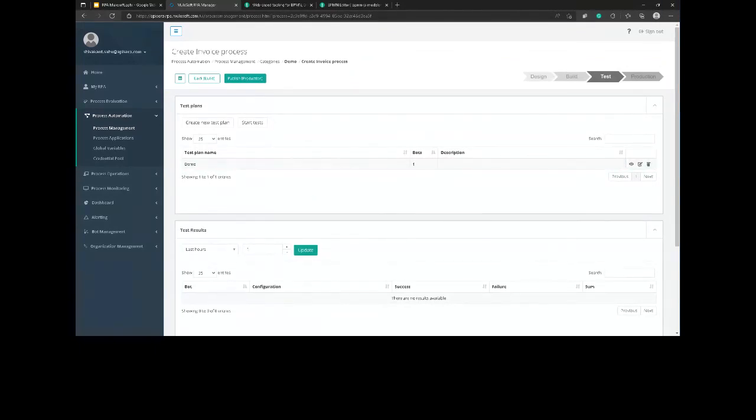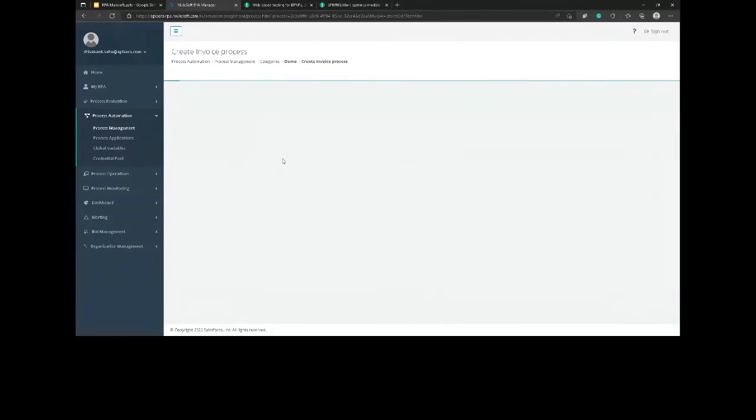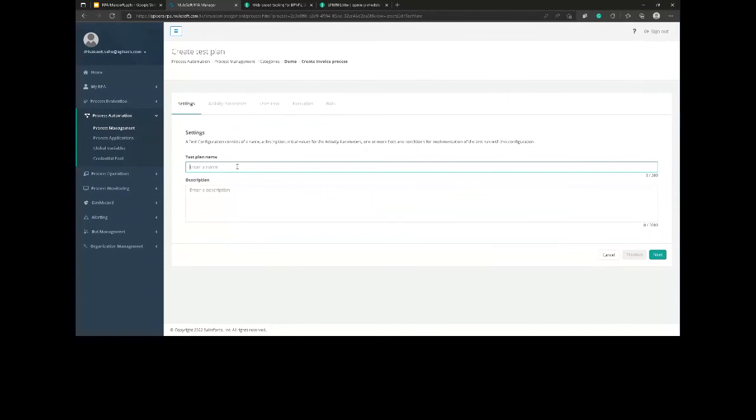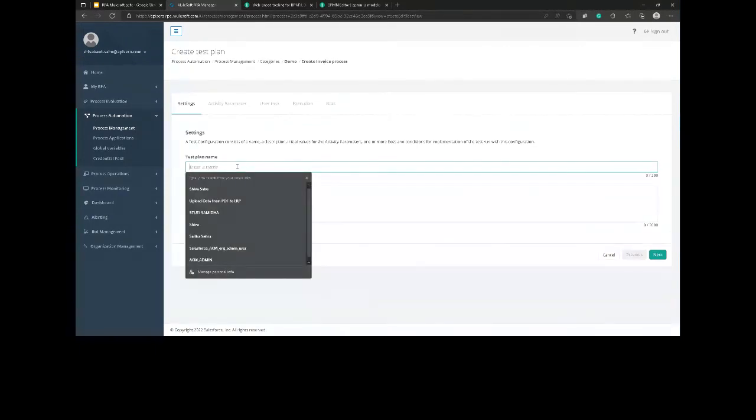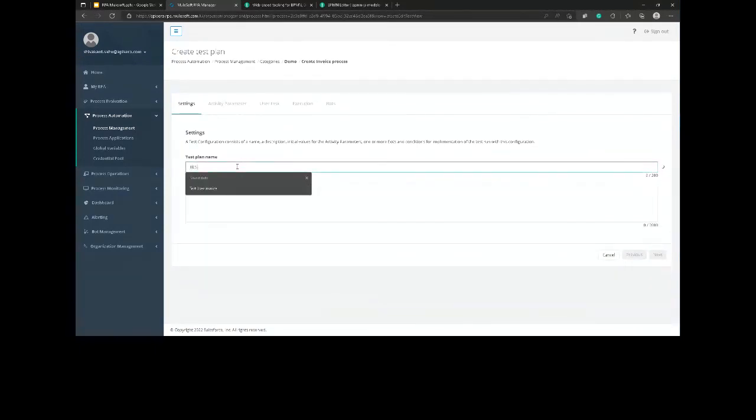Once the implementation is done and the project is uploaded from here, the build phase is ready and it is ready to test. Then you can create test plans here. My license has some issues, I guess. I was not able to deploy that on a bot actually.